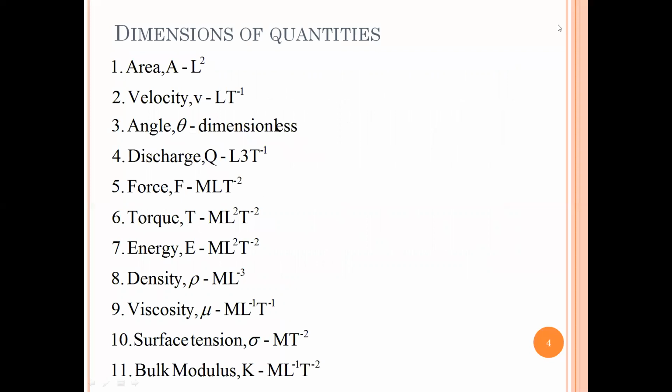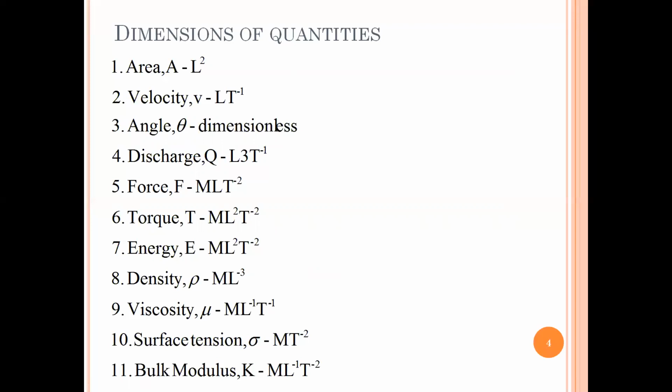Now, these are some of the common dimensions of quantities. Remember, to know the dimensions of a particular parameter, like velocity, first go with the unit. Since SI units are most common, the unit is meter per second. Meter is length, so L. Per second is time, so I'm getting L t to the power minus 1. Generally the dimensions are easily calculated when I know the unit: if it is meter, it is length; if it is second, it is time, etc.